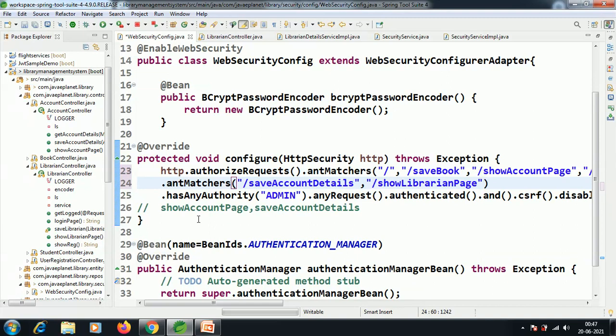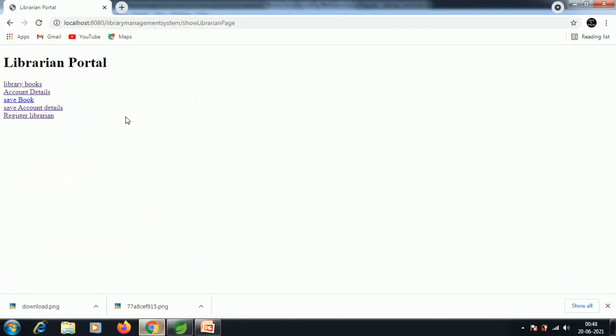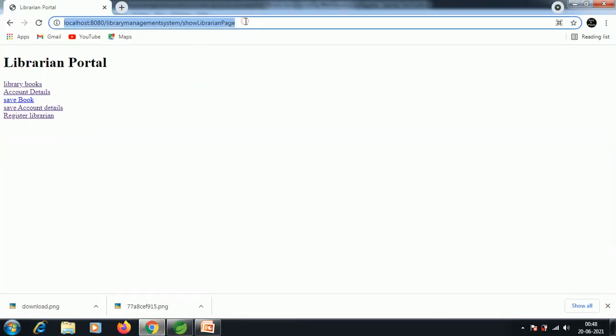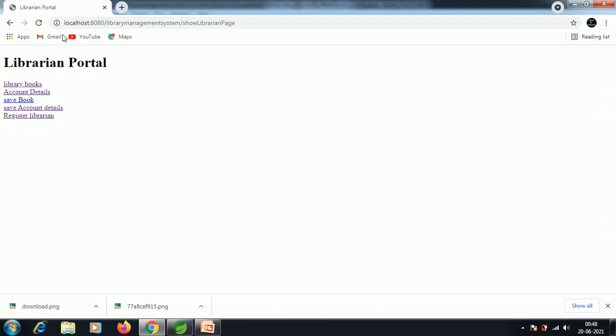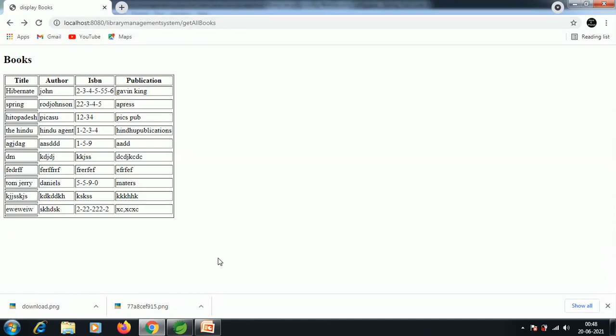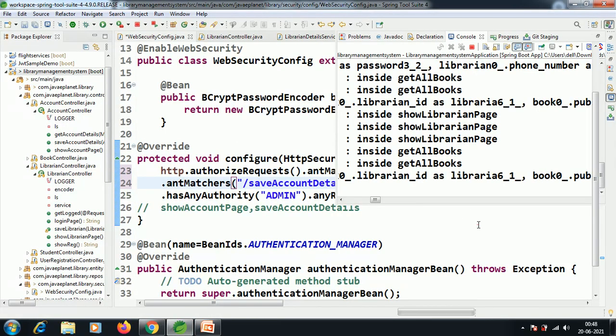No other persons can access those URLs. See here, these antMatchers should be accessed by the admin. Admin has the authority to access this URL. Let me run it.